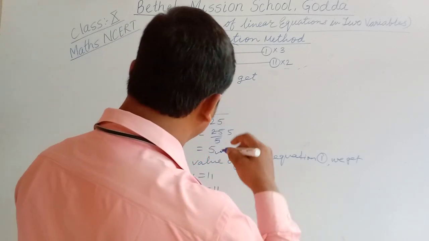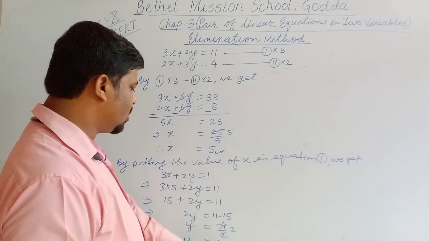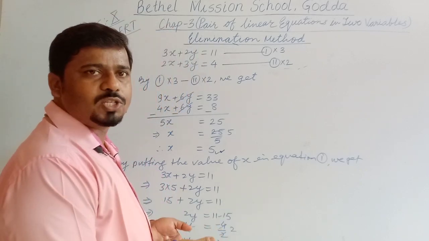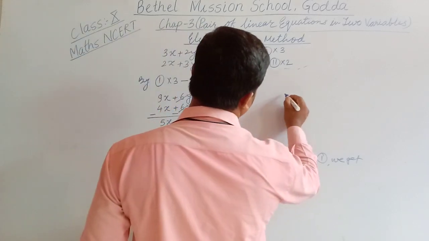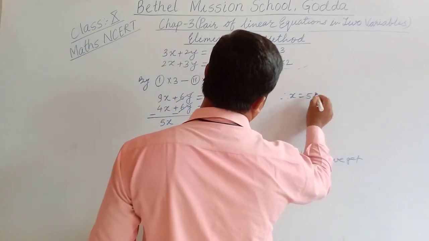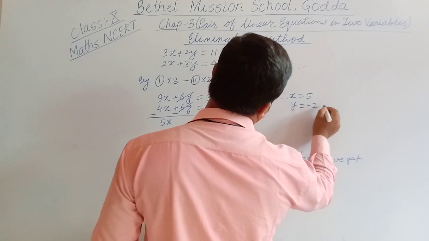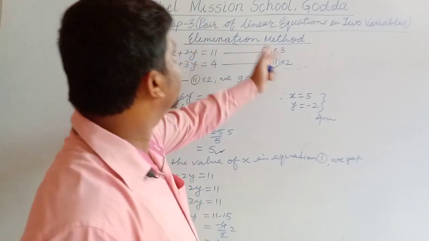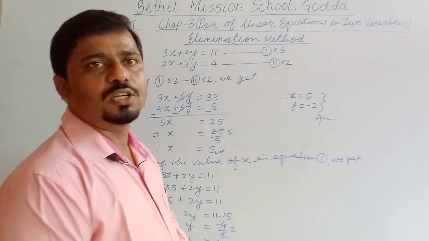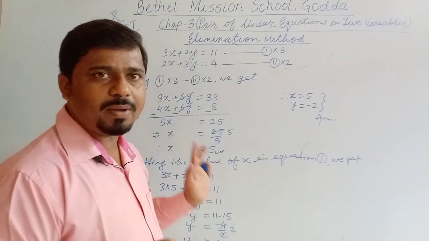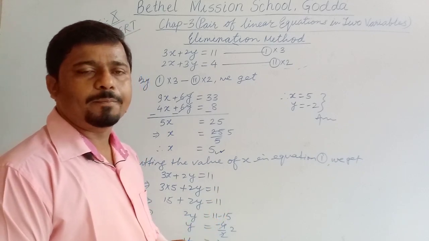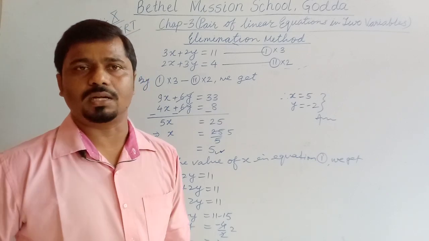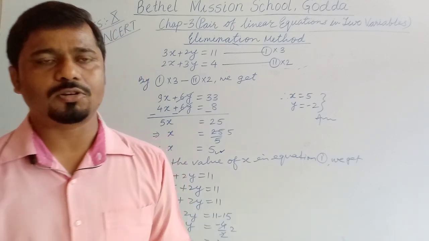So value of x we got 5 and value of y we got minus 2, and in the previous solution the same values came. It means this is correct. Therefore x equal to 5 and y equal to minus 2. And this is the elimination method, and this is called the elimination method. So the things I told you, you have to remember, you have to keep in mind. Okay. And the third method is the cross multiplication method. And that method, let's see what the cross multiplication method will be.